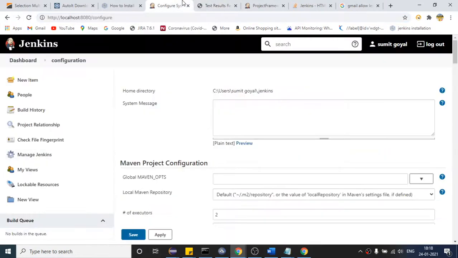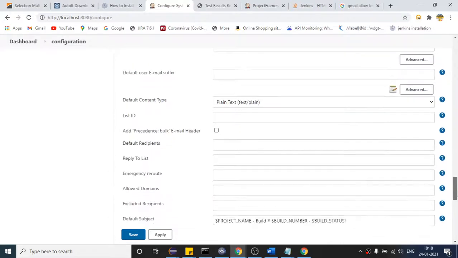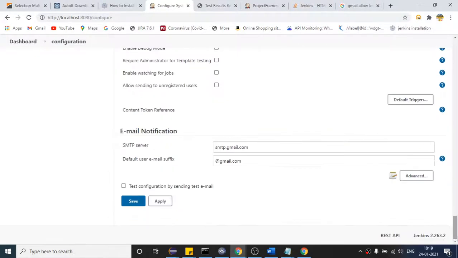Okay, so it has opened, right? So once you click the first one, come down. So many options are here, but from our point, this one.